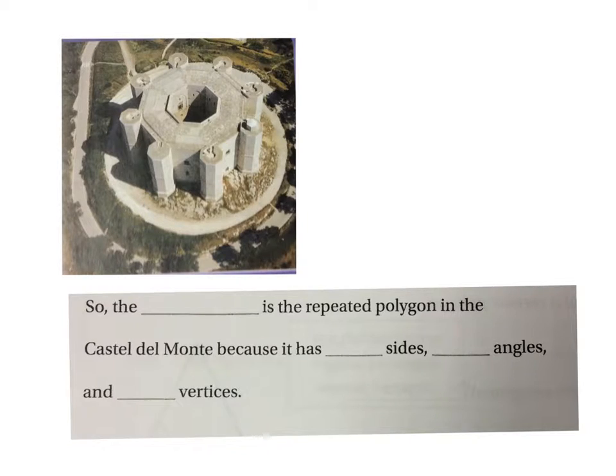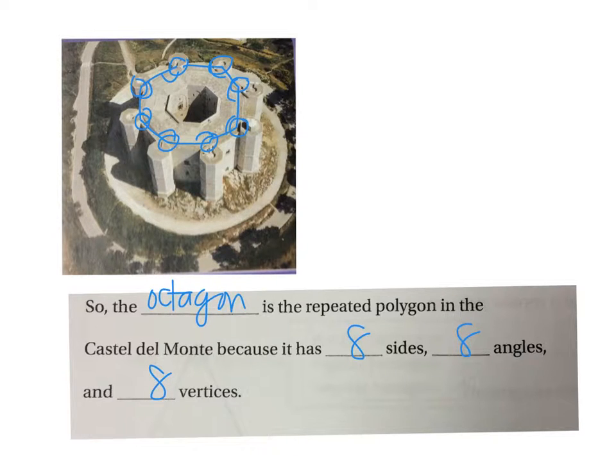This repeated polygon has how many sides? 1, 2, 3, 4, 5, 6, 7, 8. How many angles does it have? 1, 2, 3, 4, 5, 6, 7, 8. And how many vertices? 1, 2, 3, 4, 5, 6, 7, 8. So, what do we call that kind of polygon? Octagon. Good. The octagon is the repeated polygon in the Castel del Monte because it has 8 sides, 8 angles,